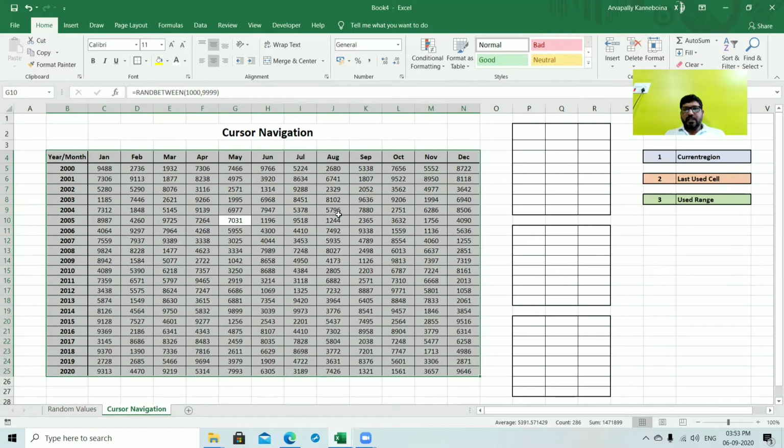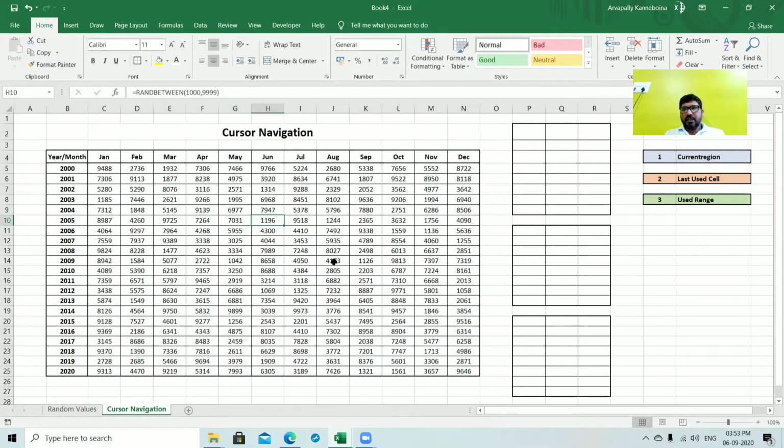The last used cell. What is the last used cell? The last used cell means in this worksheet where the data is available in the last row or final row and final column. The shortcut for last used cell is Control End.